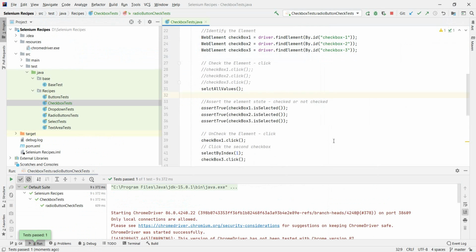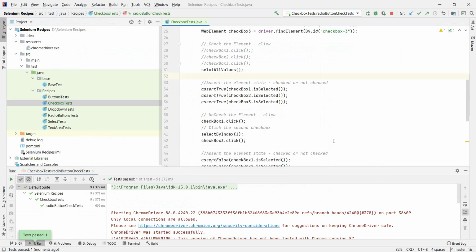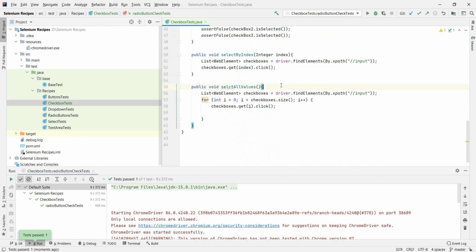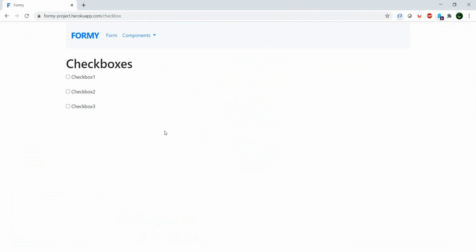Okay, that seems to have fixed the issue. Perfect. There's one last thing which I want to see here, and that is how can we select specific checkboxes